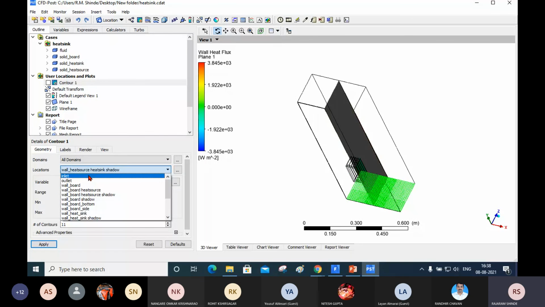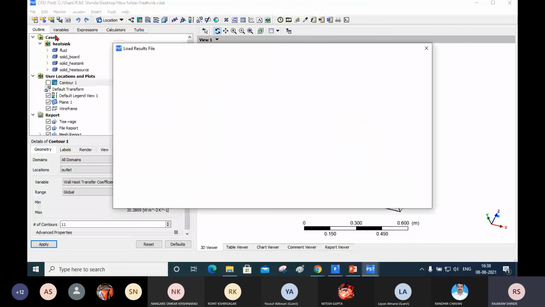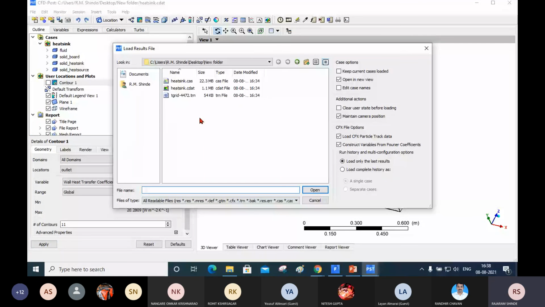This is your inlet, this one is outlet, and only heat flux is loaded here. Okay, temperature, we need to load the results. How can we load the results? For that purpose, you go to the file and load results and select that file, this one, open.